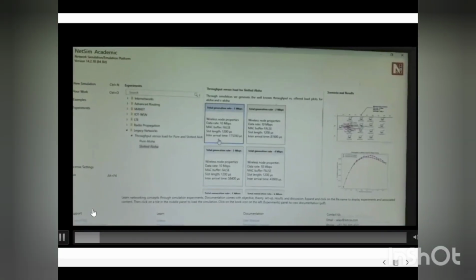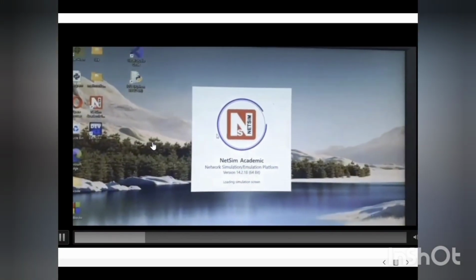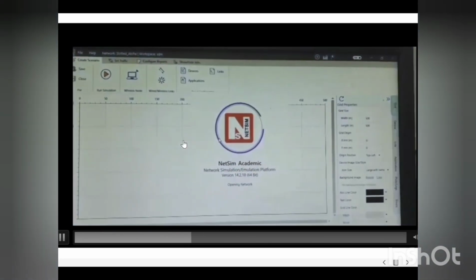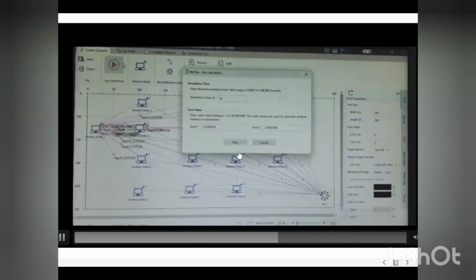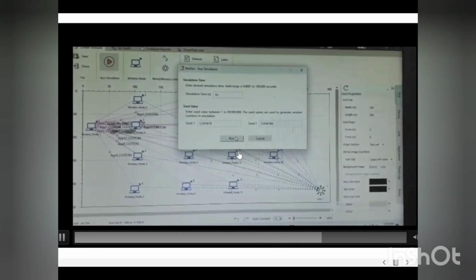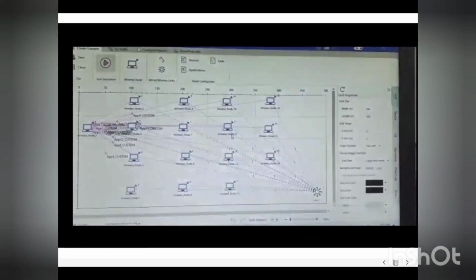As I already said, click on pure ALOHA. We will get the direct setup of the pure ALOHA network, and run the simulation. We will get the application metrics, export those results into an Excel sheet, and calculate the